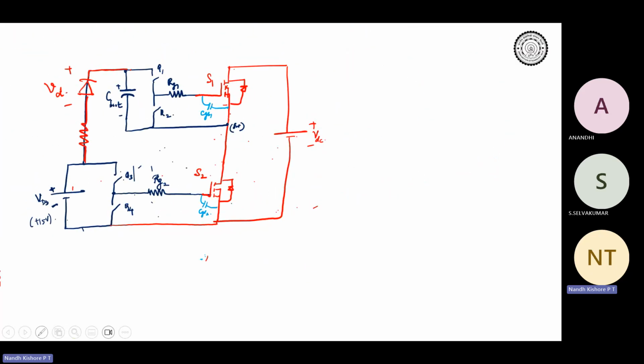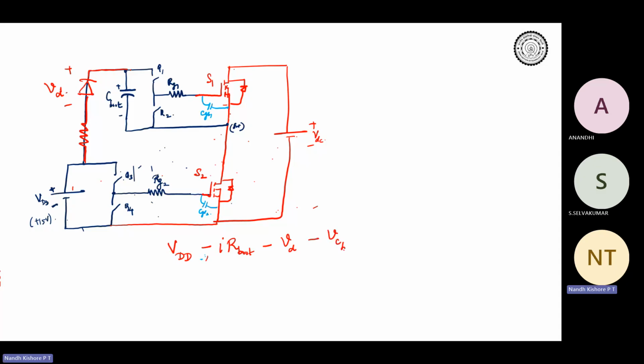It will be VDD minus I into R boot, minus VD, and then it comes to